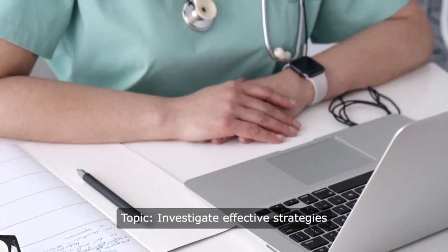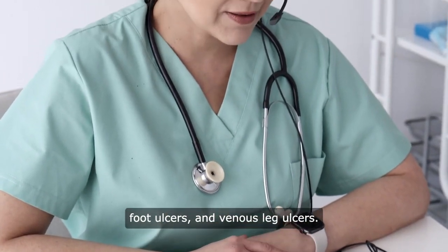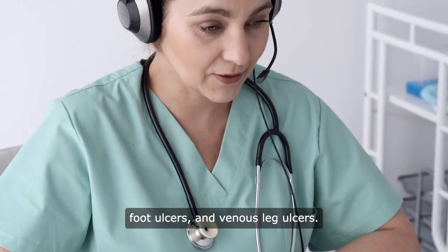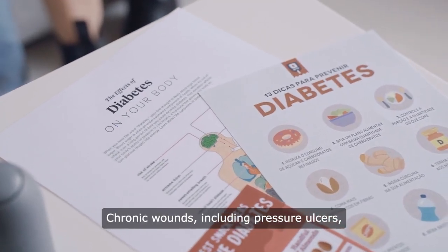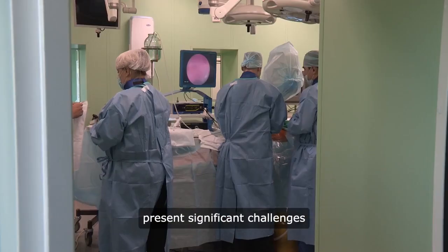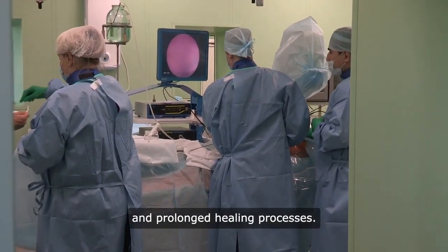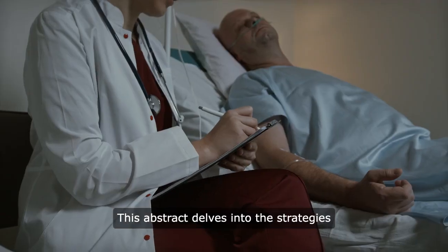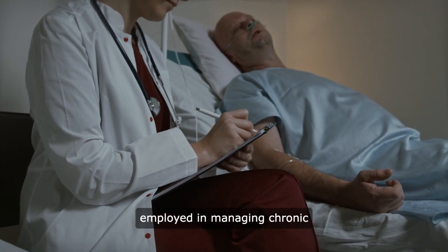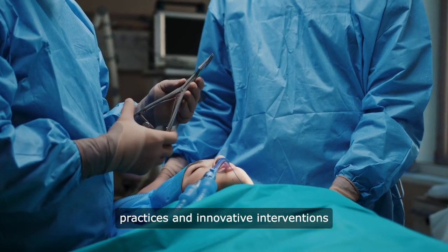Investigate effective strategies for managing chronic wounds, including pressure ulcers, diabetic foot ulcers, and venous leg ulcers. Detailed study: chronic wounds, including pressure ulcers, diabetic foot ulcers, and venous leg ulcers, present significant challenges in healthcare due to their complex etiology and prolonged healing processes. This abstract delves into the strategies employed in managing chronic wounds, focusing on evidence-based practices and innovative interventions aimed at